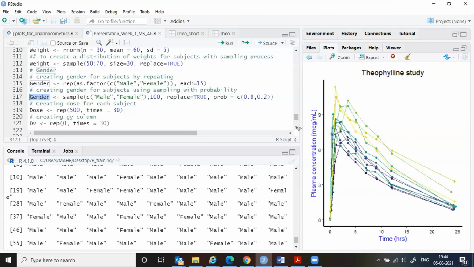And one thing, honestly, I have to admit is that not just me, everybody, we may not know all the codes for all the problems. Only thing is, we will know how to ask a question. For example, this problem: subsetting the data, plotting it individually, and putting them in a panel of 10 by 10. Those are the steps you have to do. For these steps, what are the codes needed? Then I'll very specifically look into those codes, pick them up, put them in a particular function, and run it.